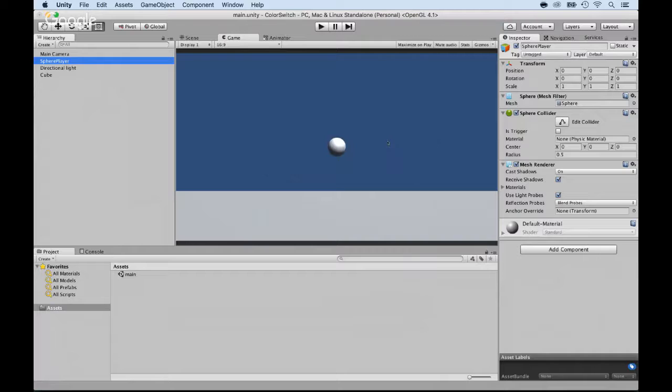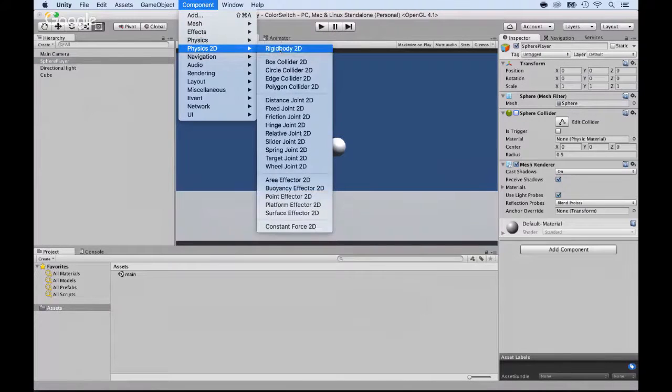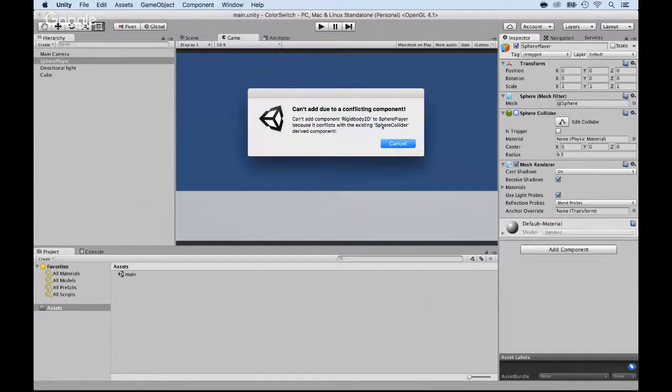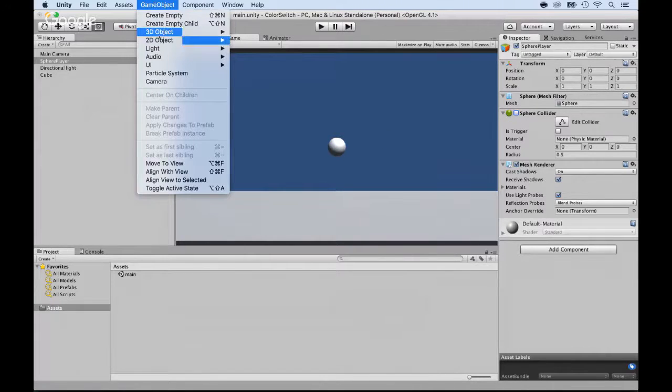And it says that it has a conflicting component because it already has it. The reason is that it has a sphere collider here. So we could technically remove that and try to add it. It might work, it might not, because I might have to add a 3D body. Let's see. Yes, that's the thing. As you can see, it's a conflict because I added a sphere that's a 3D sphere, and it's complaining because the rigid body is a 2D one. So what I could do is add a 2D object or sprite,